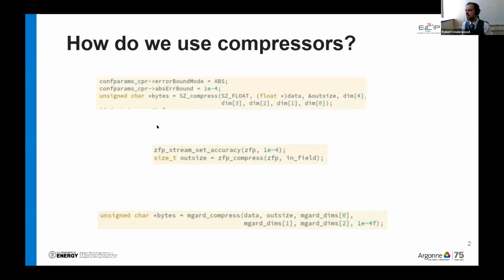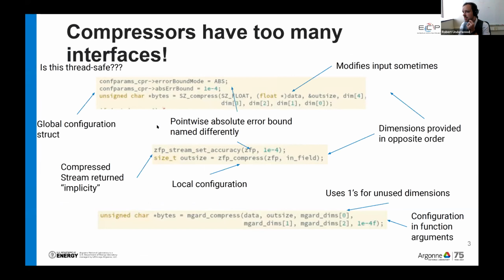So the first question we have is, how do we use compressors? What you see on the slide is the representation of how you would use SZ2, ZFP, and I believe a slightly older version of MGARD. I think MGARD's interface is even updated a little bit since this point. But next slide. The immediate thing that you'll notice is that there are tons of little subtle differences between these different interfaces